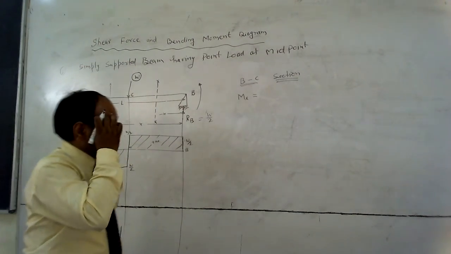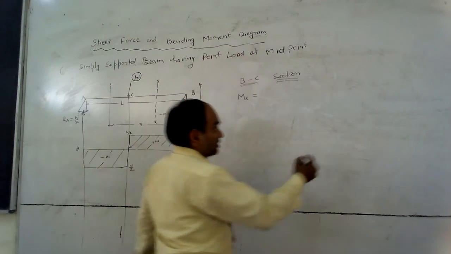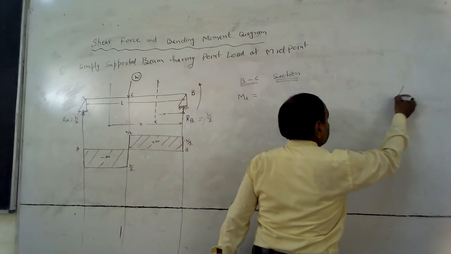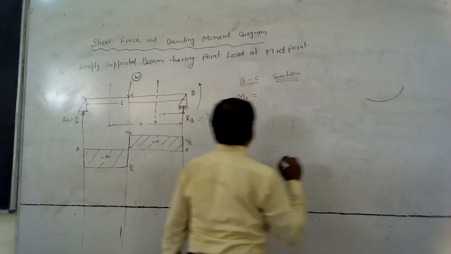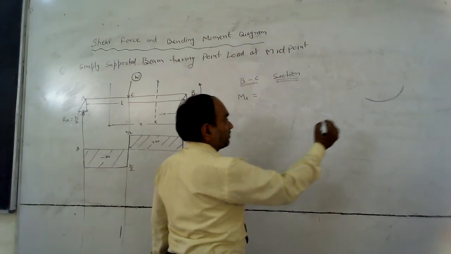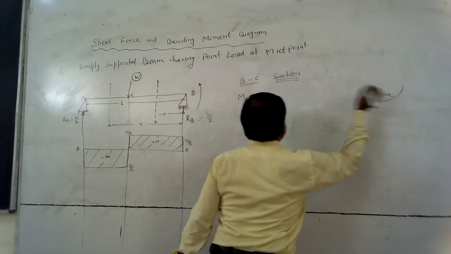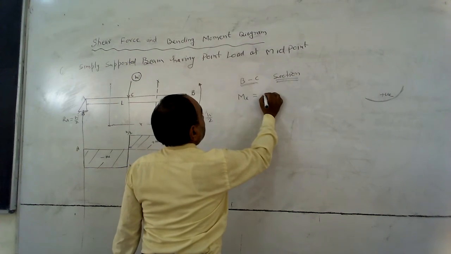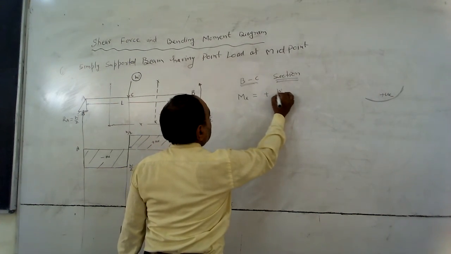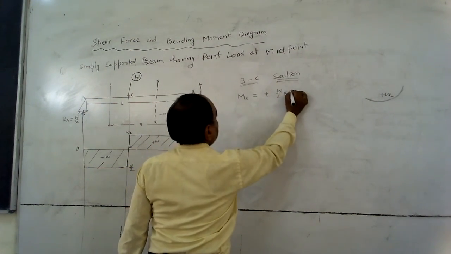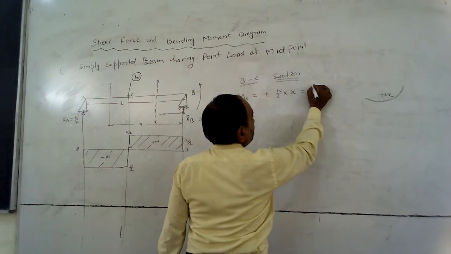So anti-clockwise direction means it is making a sagging. The beam is sagging type, so it is a positive bending moment, plus W by 2 into x,